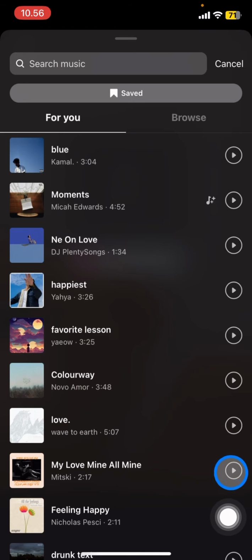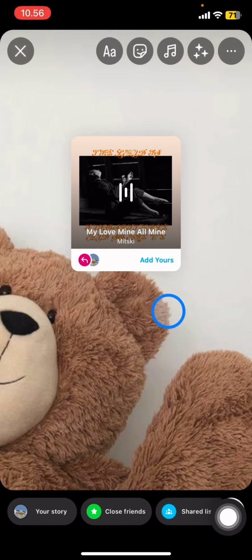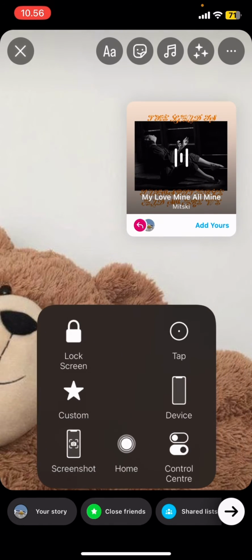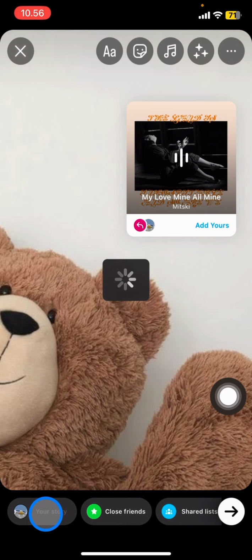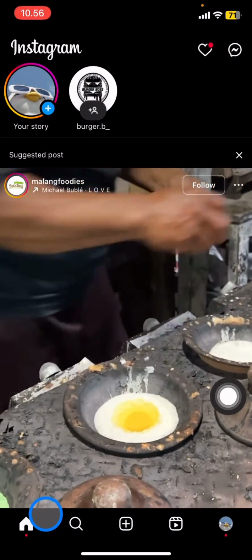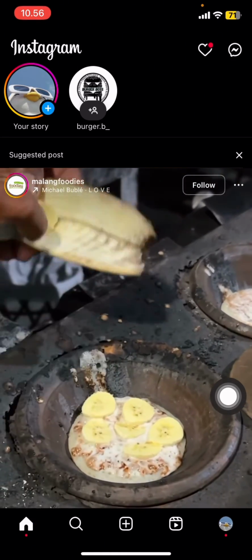After you found them, you just need to click it. And you can also adjust the position by dragging them to the specific part where you want to place them. And after you're done, just click Add to your story. And you're done. So that's how to use the Add Yours feature in the music pick version on Instagram